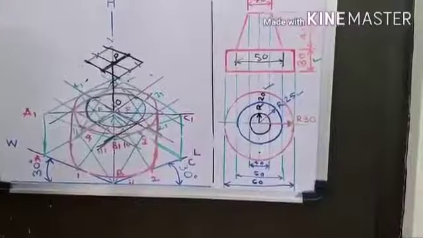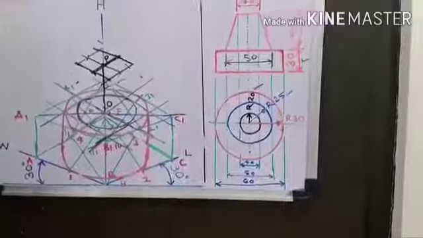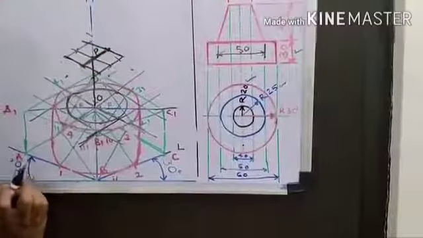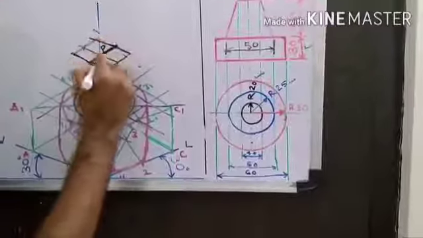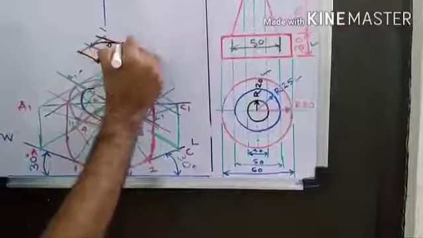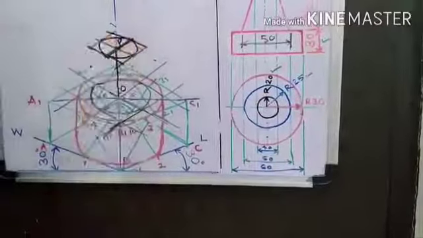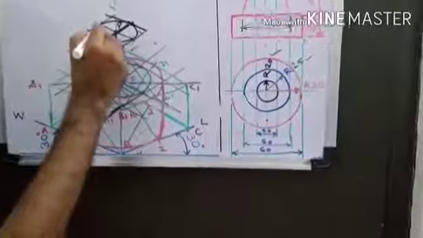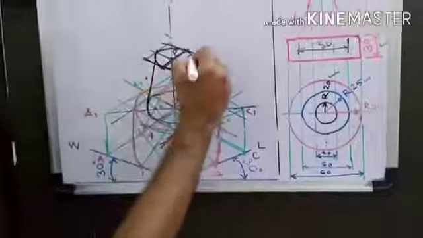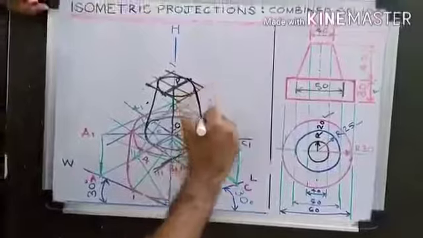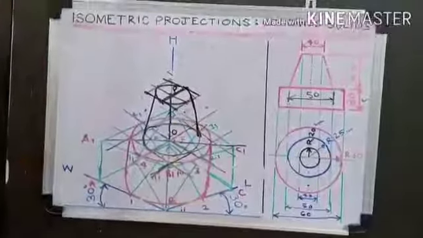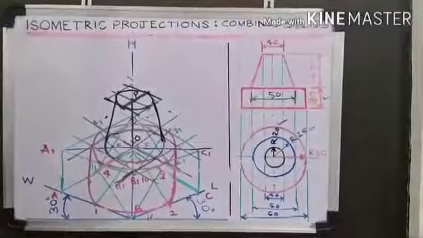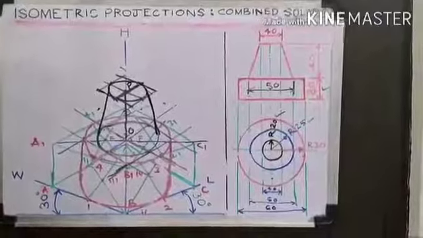Now, for this portion, you have to draw an ellipse by using 4 center method. After getting the small ellipse, from this point you have to join and you have to join. Finally, you can see this. It is the construction process by using 2H pencil, which is going to be most important for us.